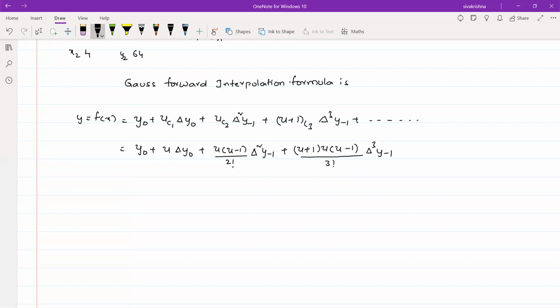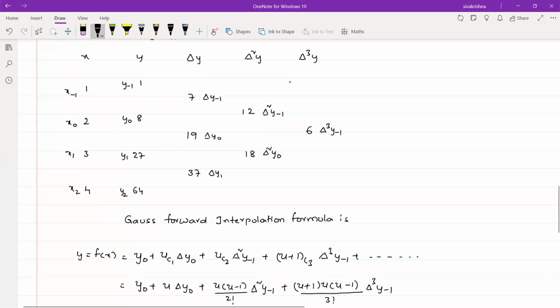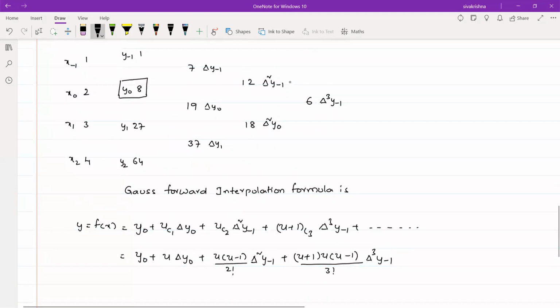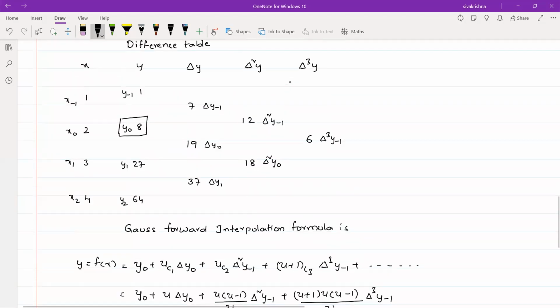Okay. So first we have to write y naught. So here, this is y naught, so first we have to round y naught. From y naught, next we have to go to delta y naught. The second value we want in the formula is delta y naught, which is here in the table. It means whenever you have rounded y naught, then we have to draw an arrow mark towards delta y naught.